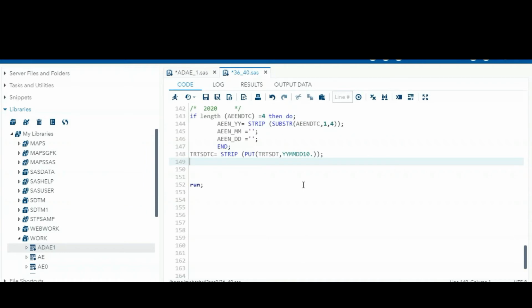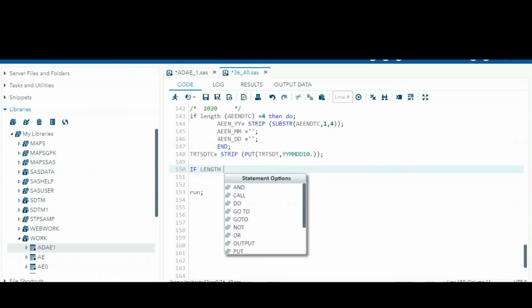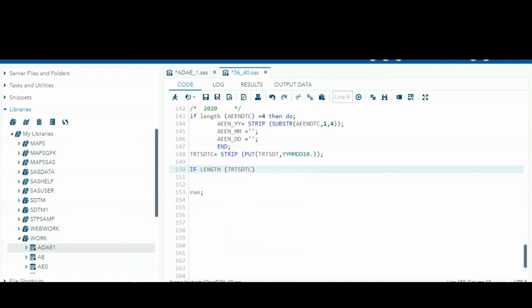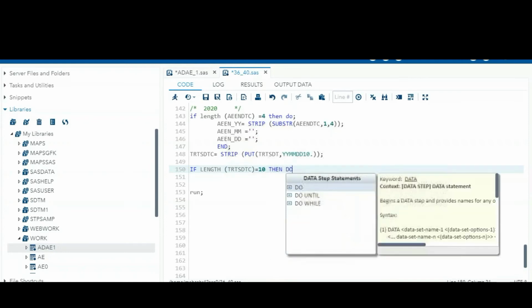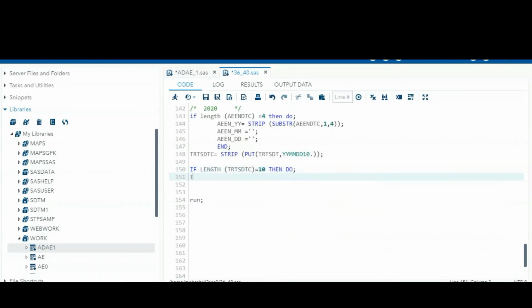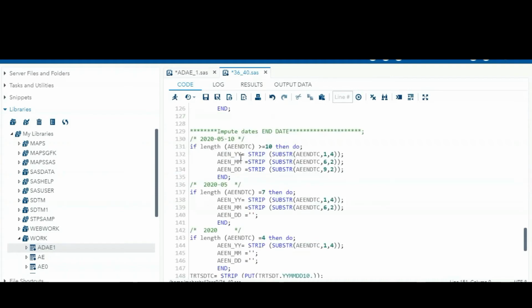If the length of TRTSDTC equals 10, then do TRTSTYY. The same way we handled it here.